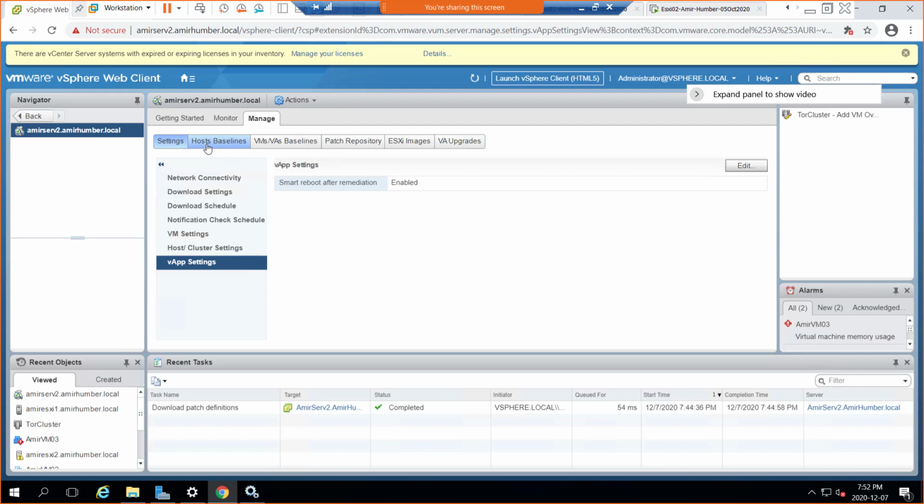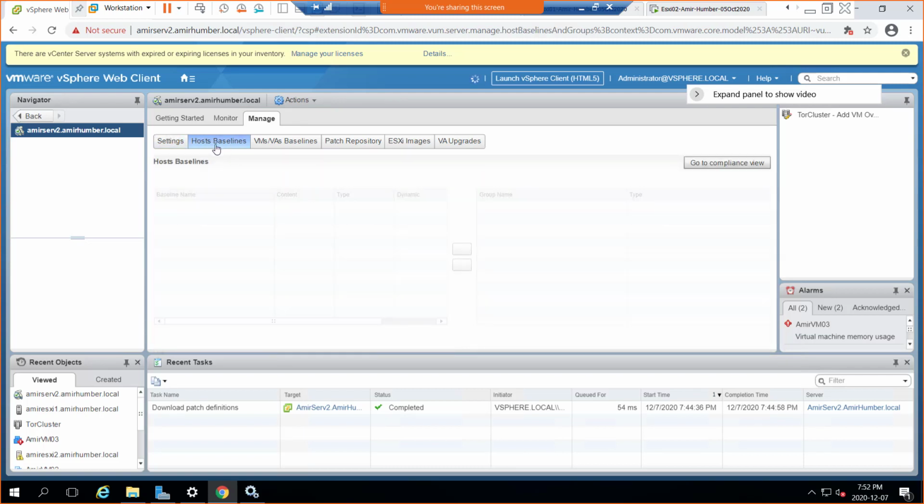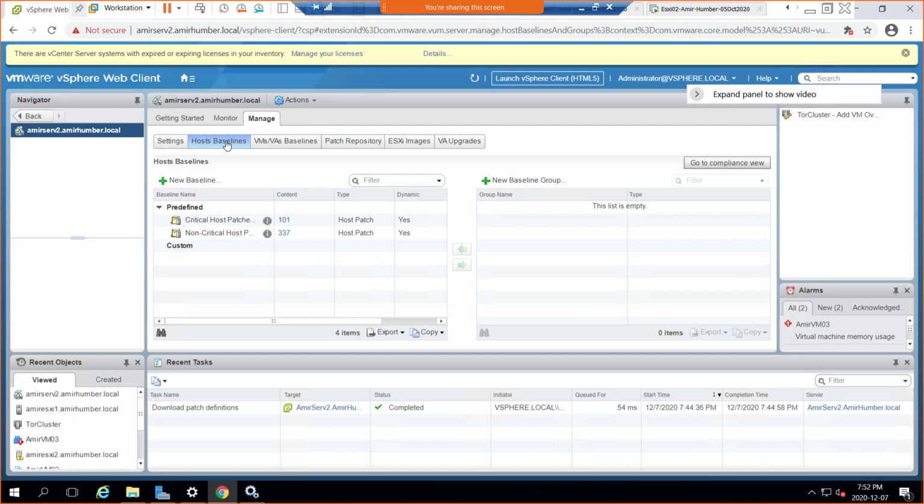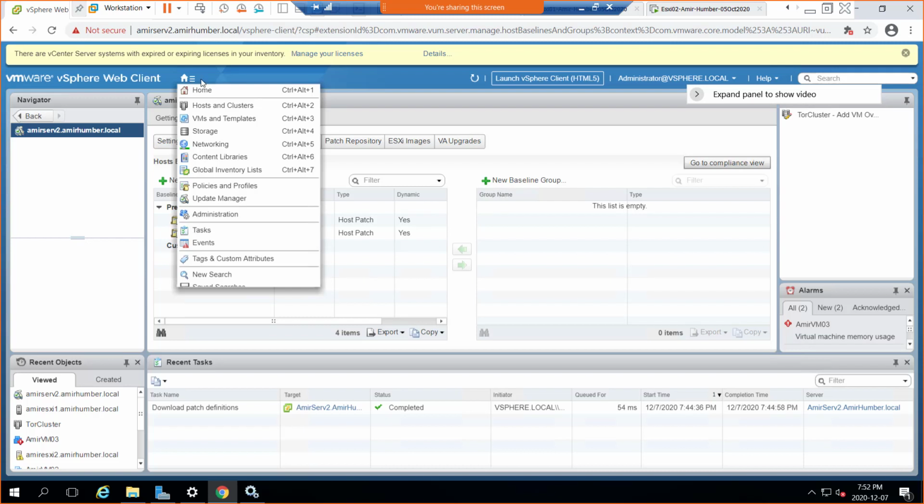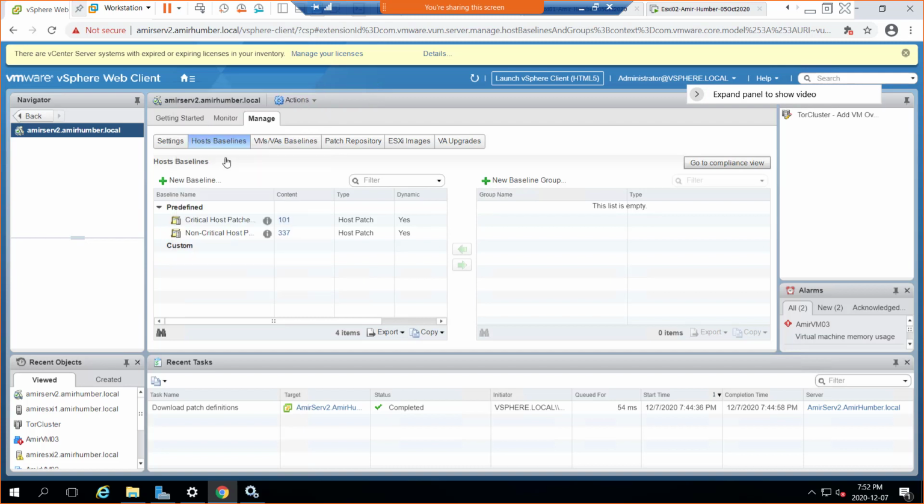Okay, so we go to the hosts baseline here. Hosts baseline on the right side, right? The second tab. I think I am in the other place because I don't have that tab. Do you see this button here? Yes. If you go down, do you see this? Oh, Update Manager? Okay, thank you. Click that. Yeah, that's good. And then click on the left side as well, the server. Then click on the right side, Manage. Then you will see where we are.